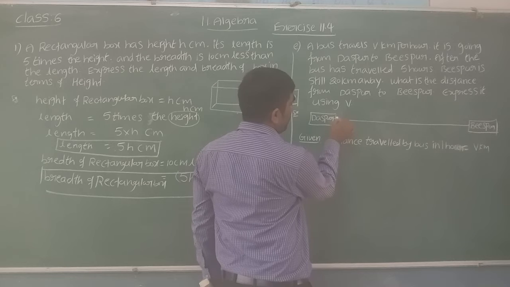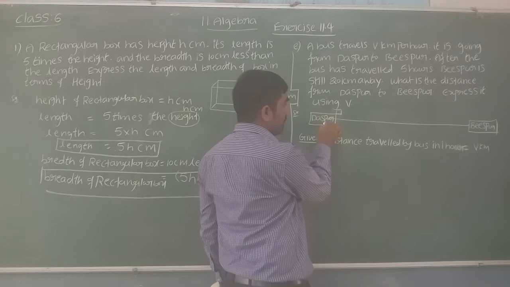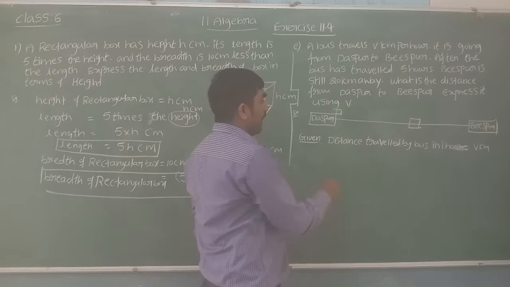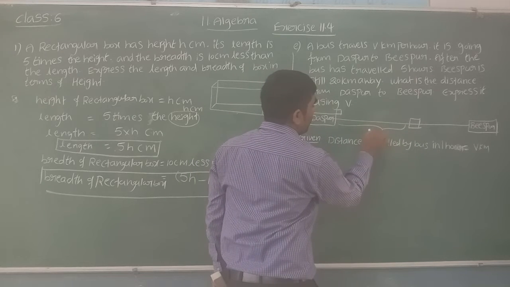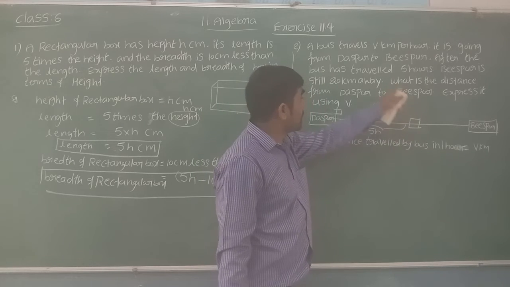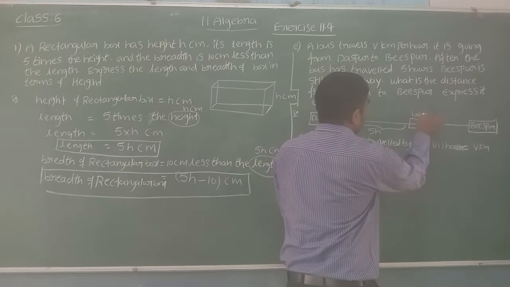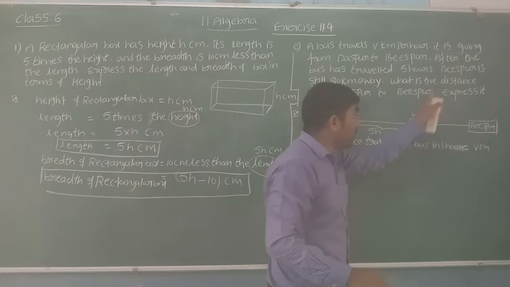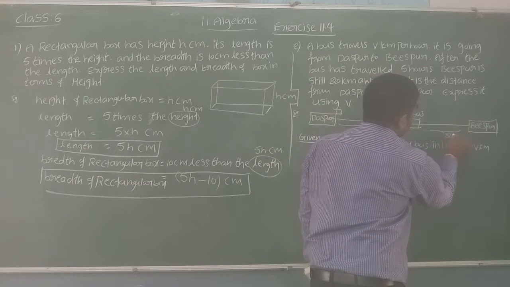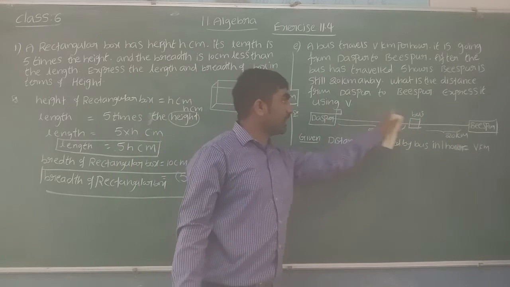Suppose here we have one bus. This is the village. It has traveled from Daspur till here. How many hours did it take to travel from here to here? 5 hours. So after traveling 5 hours, how much distance is left to Bijpur? 20 kilometers. Now the bus is 20 kilometers away from Bijpur. It means from the bus to Bijpur is still 20 kilometers. Now can you tell me what is the distance from here to here?